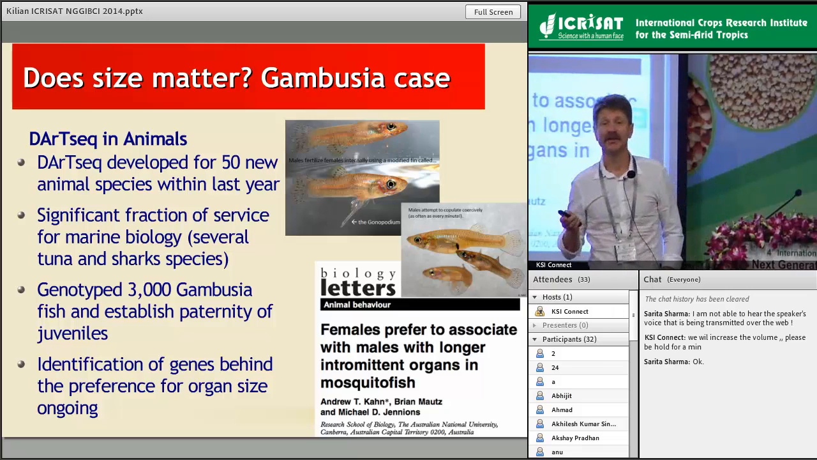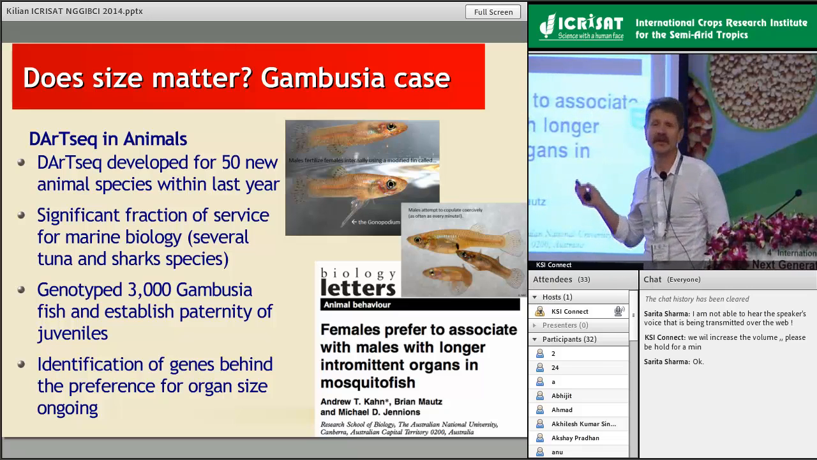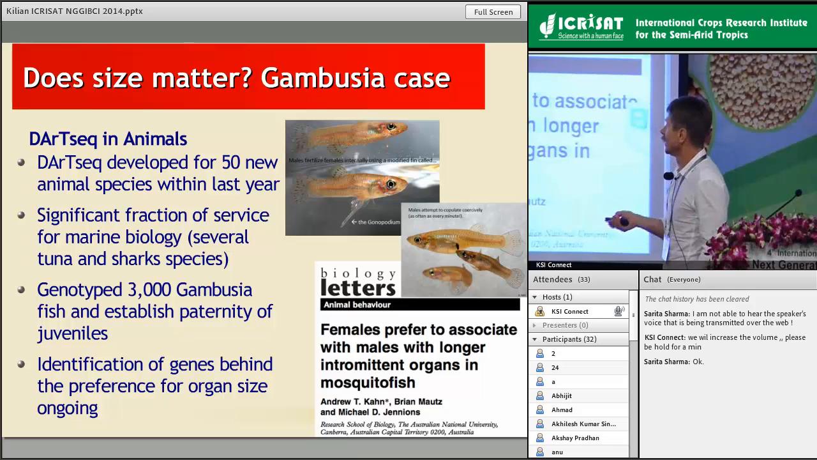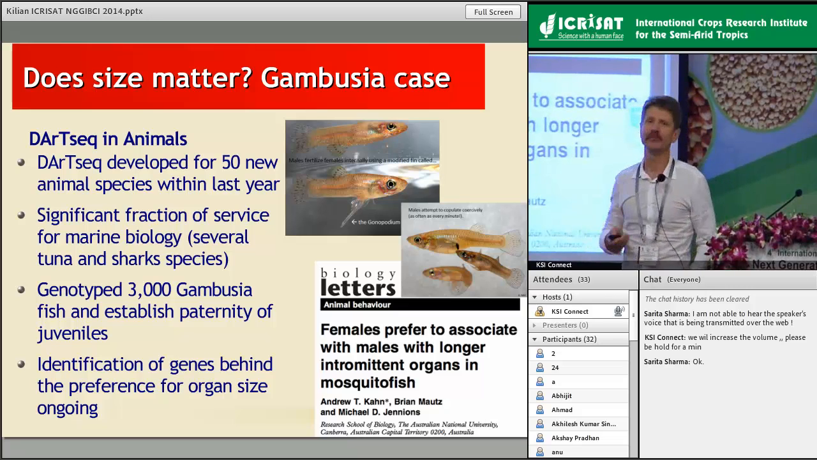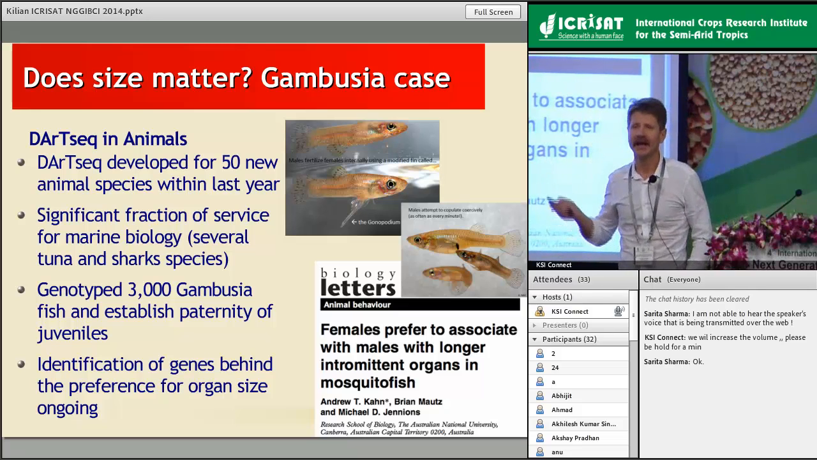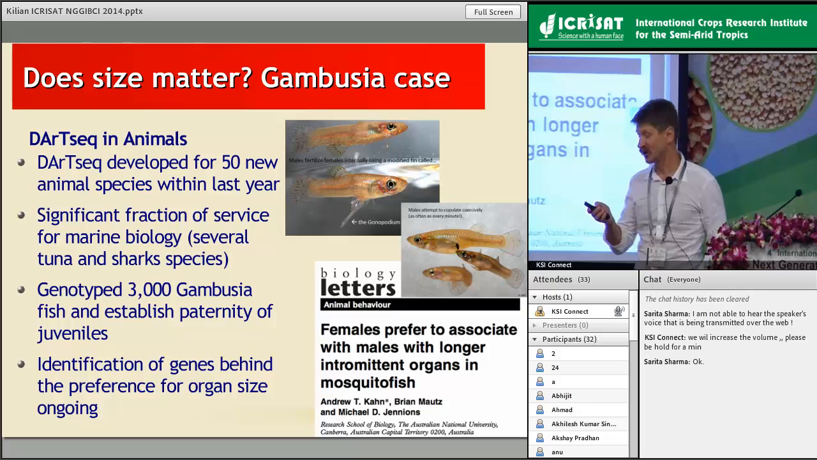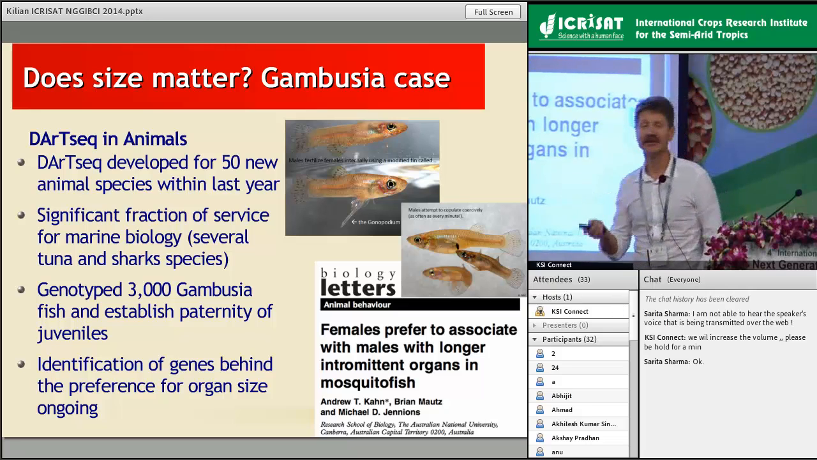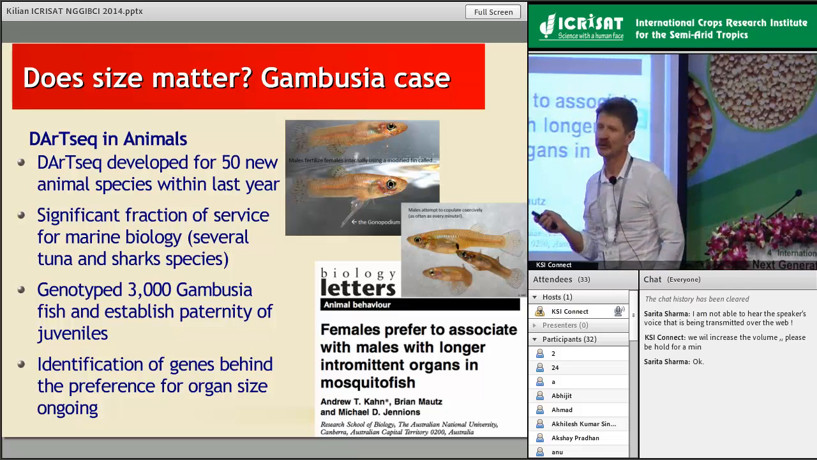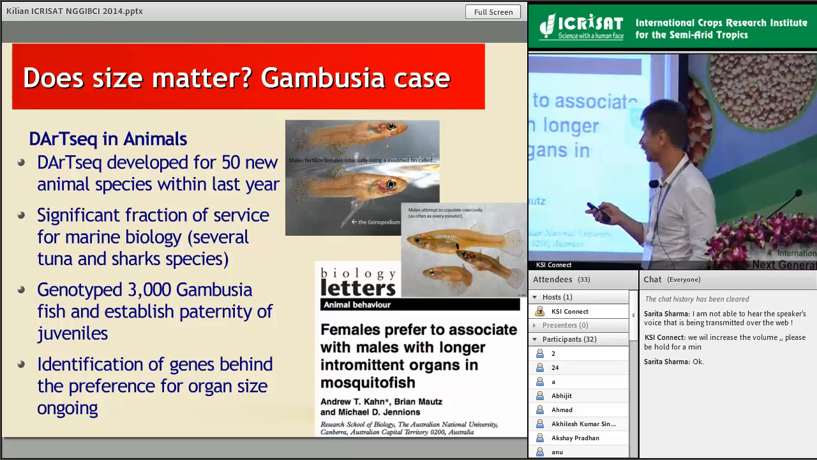that size does matter. For Gambusia fish, females prefer well-endowed males. And our project was on genotyping over 3,000 of these fish, finding parents, finding fathers. Mothers was quite clear, but finding fathers, and now we're still looking at what's the genetics behind this strange preference. Okay, so I hope that it was a welcome break from the boredom of my talk. I have to tell you that it will probably raise much more interest in the general public than the crop improvement work that we are doing, which is a very sad statement, but anyway,